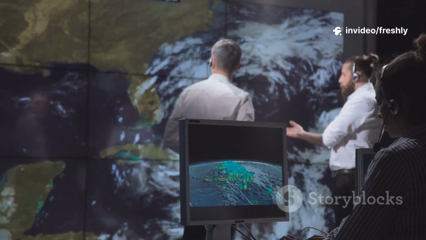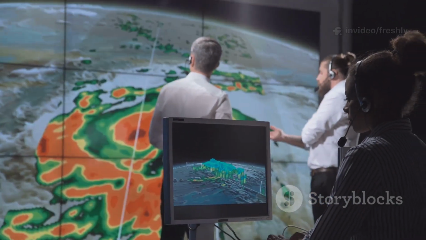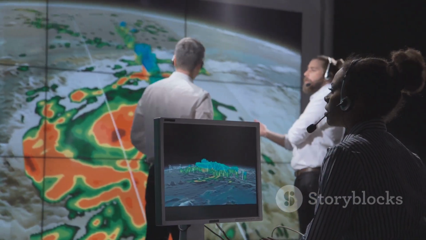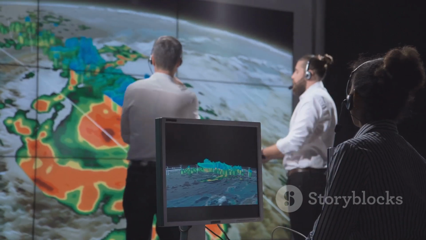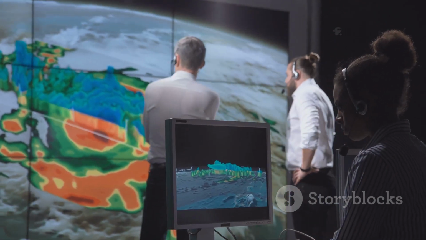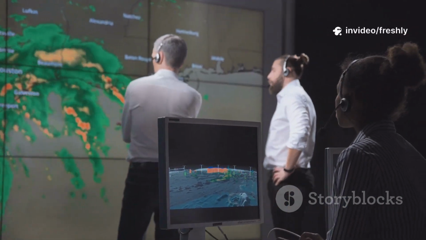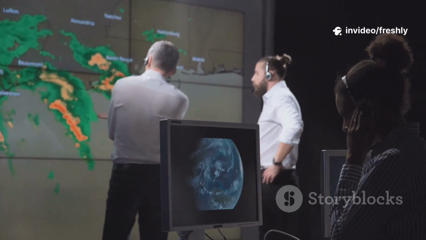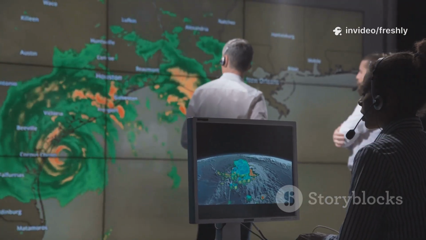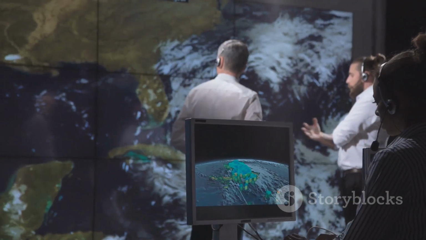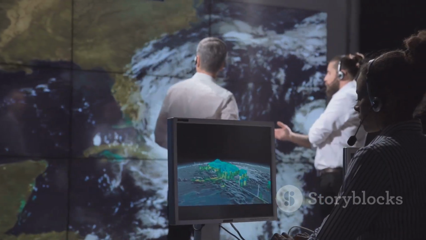Let's talk about meteorological spring, the unsung hero and favorite season of weather scientists everywhere. While most people think of spring as a time for flowers and warmer days, for meteorologists, it's a crucial period that helps them make sense of the ever-changing atmosphere. Meteorological spring isn't just a poetic idea, it's a practical tool that brings order to the chaos of weather patterns.